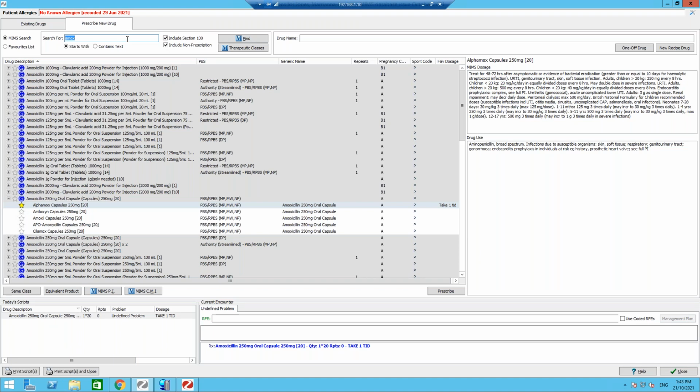The second one, I'd like to take you through. I want to show you the active ingredient prescribing on a script. And then I'll also mention just a few key points that come with active ingredient prescribing in Zedmed. So I am looking for